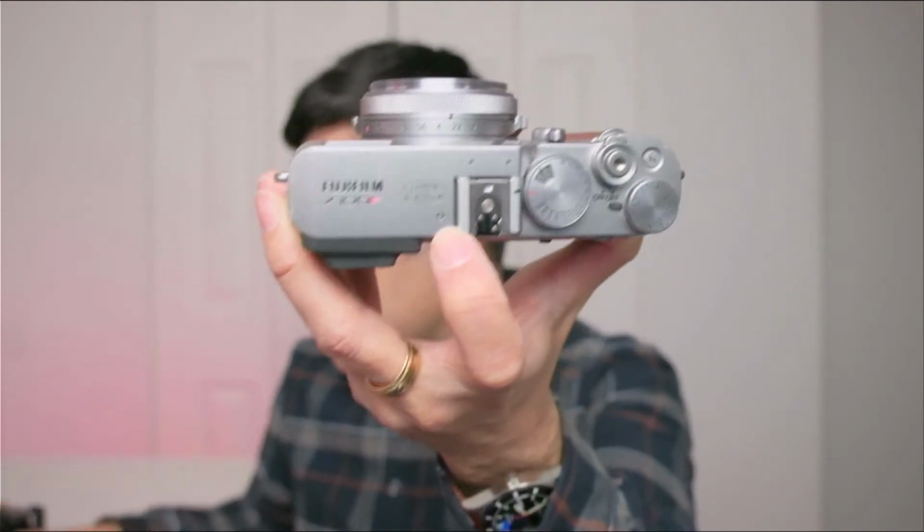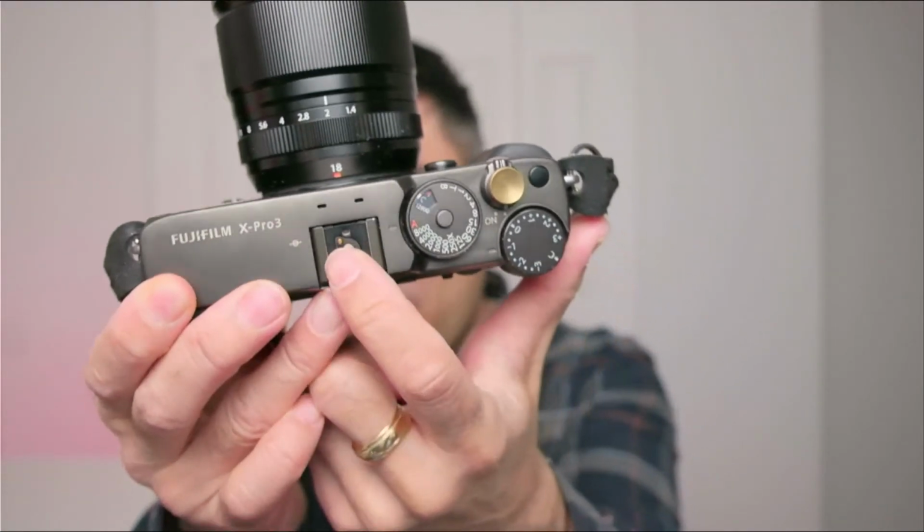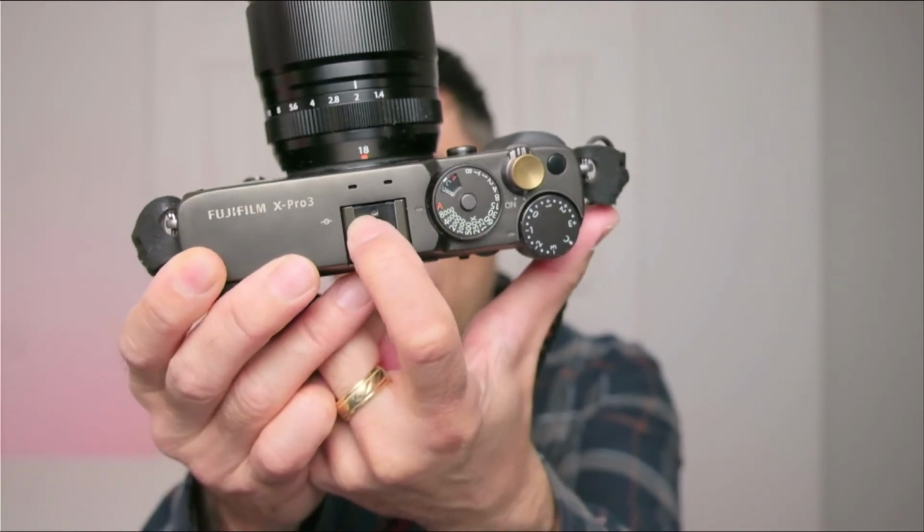Versus something like X Pro 3, look where its focus plane is. It's way up here. Remember the X100F was way back here? This is way over here, right? The reason why the X100F has a sensor so far back is because the lens is so far into the body, because they don't need to worry about the closeness of the rear element to the sensor, because this is all sealed and shut. So the X100 medium format, whatever they decide to call it, a GFX 1,